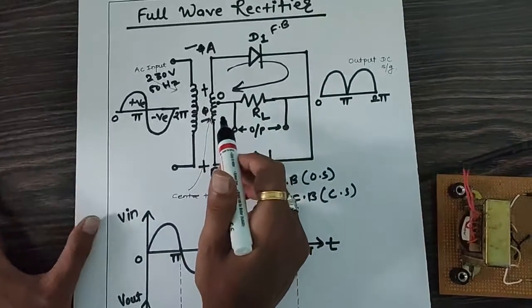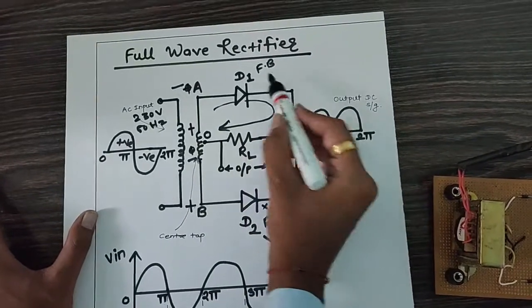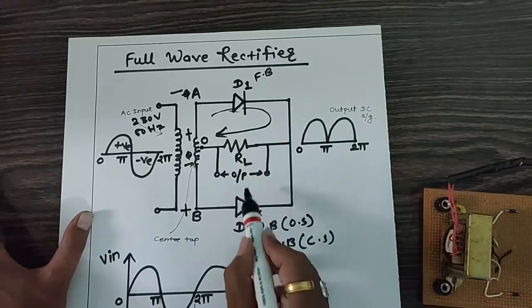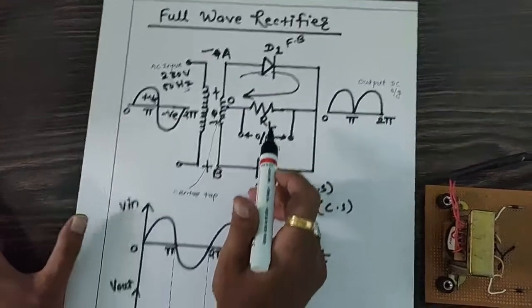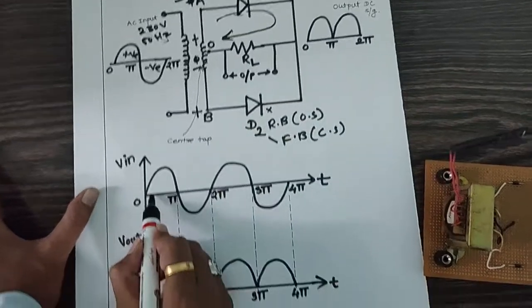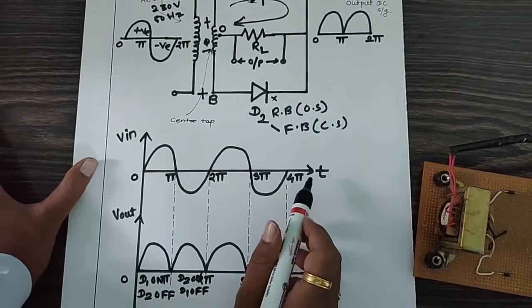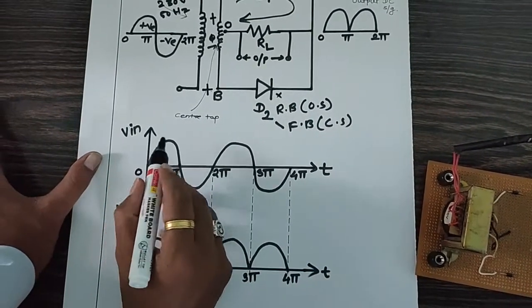Now for the input and the remaining part, how many diodes will we require for this circuit? A total of two diodes, that is diode D1 and diode D2, and across the load resistor we are going to observe the output. If you see the first waveform, it indicates the input from the electricity board, that is 230 volt and 50 hertz, its specification.